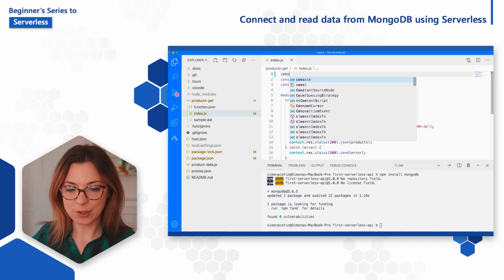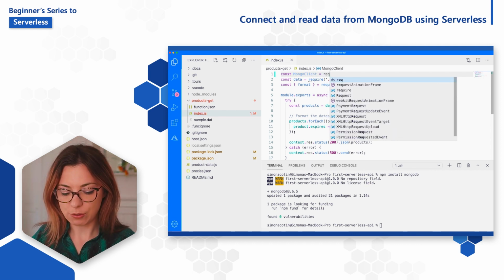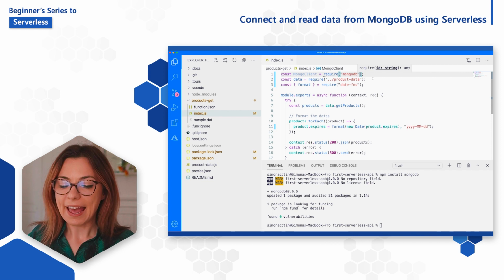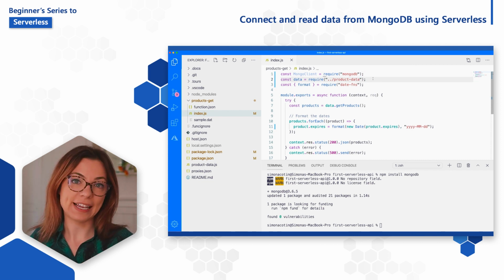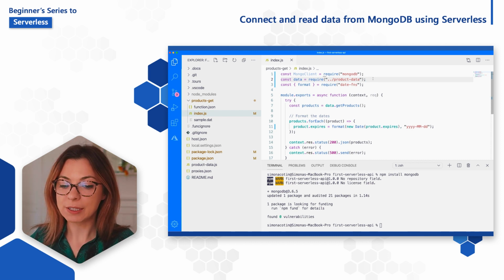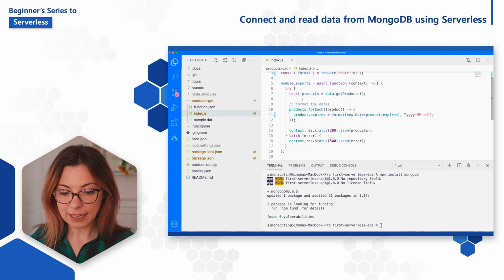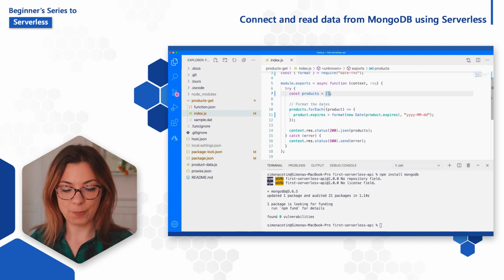So I'm going to type here const MongoClient equals require mongodb. And we no longer need to read our data from the static file that we used earlier. So I'm going to delete this import here of the product data file. And then I will replace the products object here to return an empty array for now.